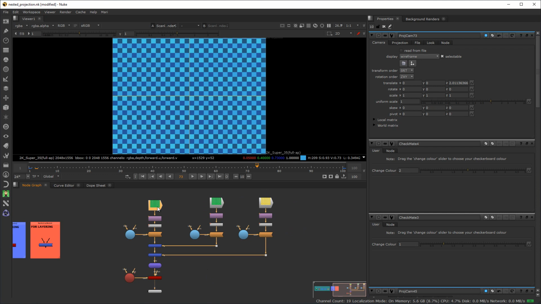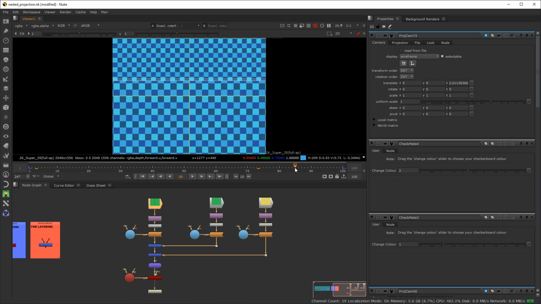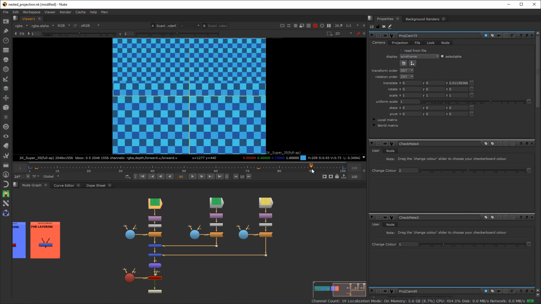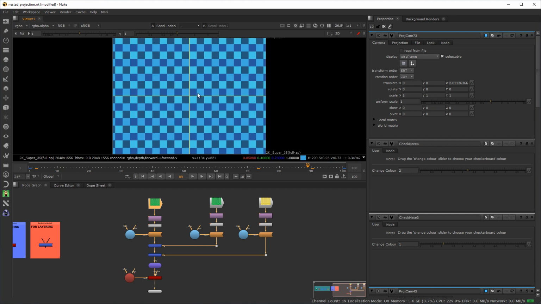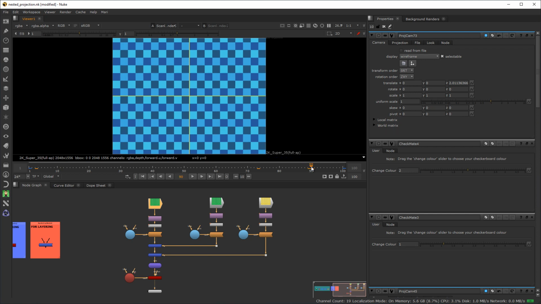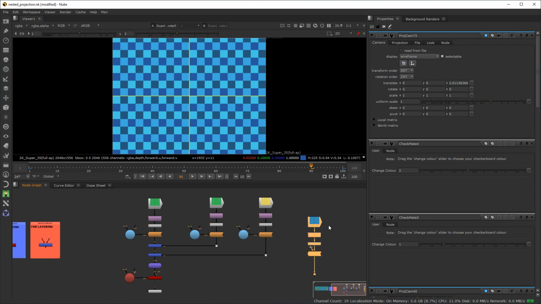So again, I want to just go forward again and see if we get to the end before we run out of space. What's this? 1, 2, 3, 4, 5, 6, 7, 8, 9, 10. So it isn't. So at frame 90 again we run out of resolution. So we need to do this one more time. So again, I'm just going to copy those nodes there, put them in position,